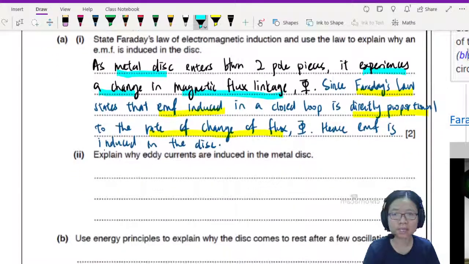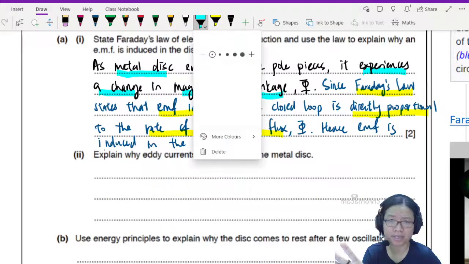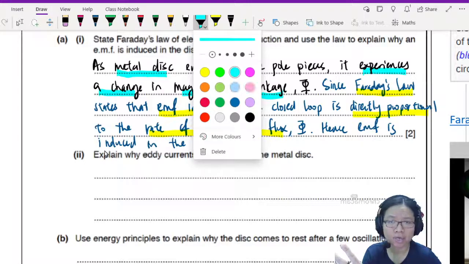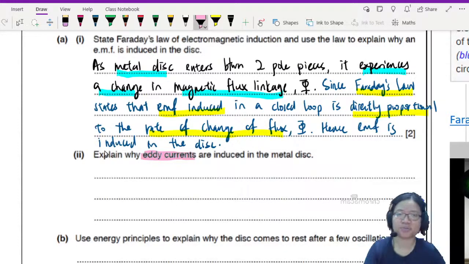Part 2. Explain why eddy currents are induced in the metal disc. Okay, so when you want to think about eddy currents, right? Eddy current is a pretty specific pattern of current. All right, I'm gonna give this a beautiful shade of pink. Okay, so this eddy current, right? It occurs whenever you have